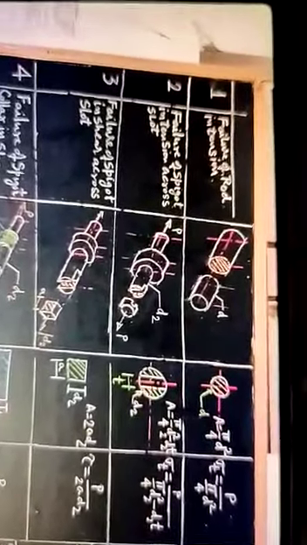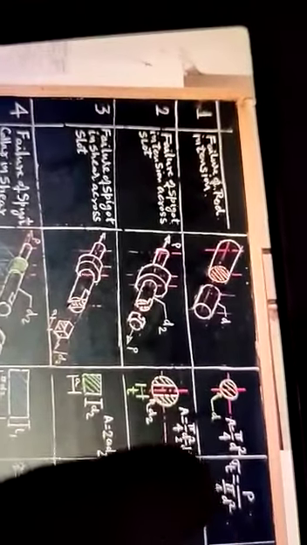Friends, in this session we will study the different failures of the quarter joint. First, failure of rod in tension. This is the isometric view of the failure of rod in tension, and this is the cross section of the rod. Resisting area is given by pi by 4 d square, and this is the strength equation. Sigma T is equal to load upon resisting area.